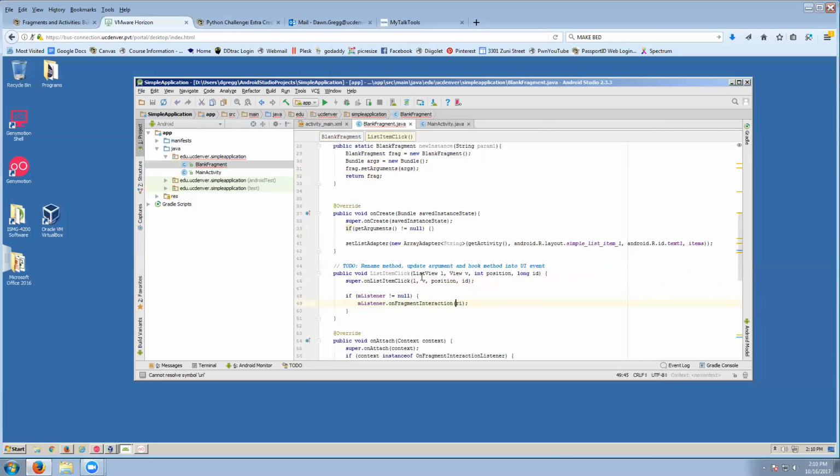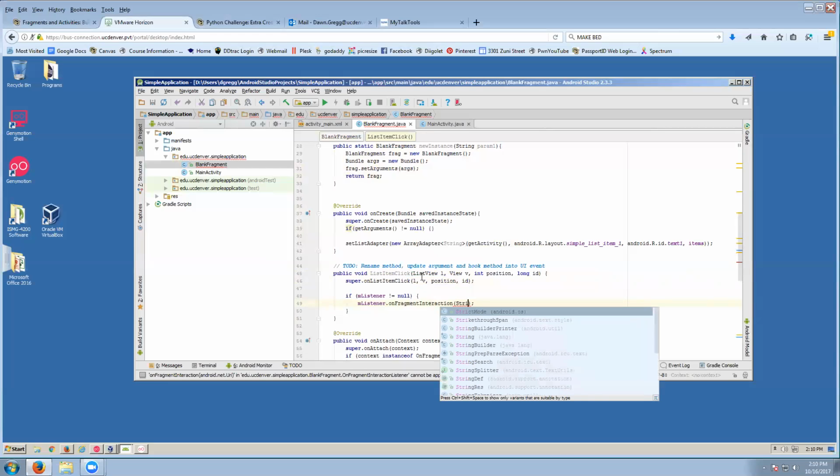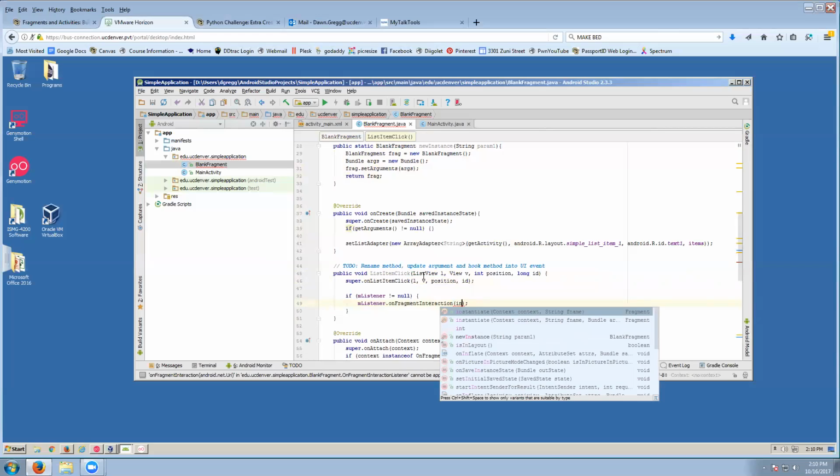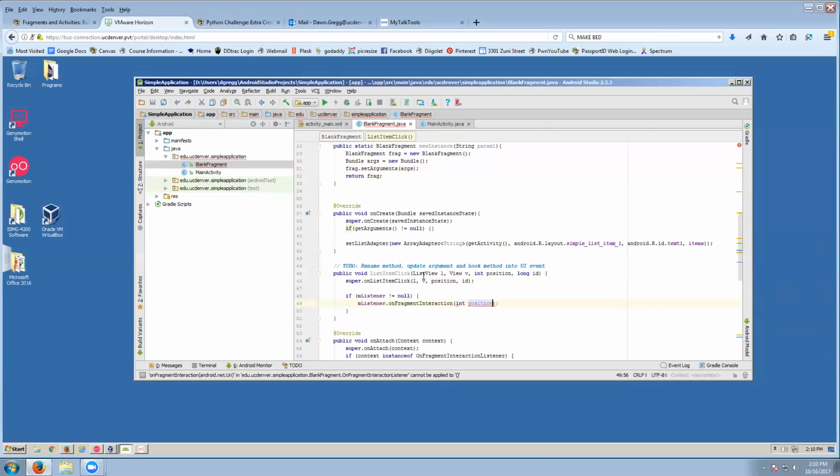We want to pass in, I think, a string. Well, we'll start by passing in the int position. So at minimum, we want to know which item,